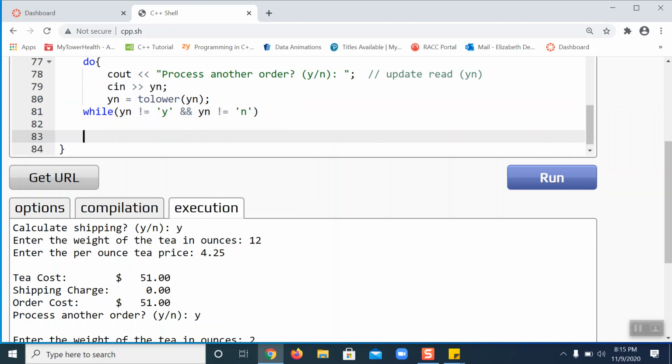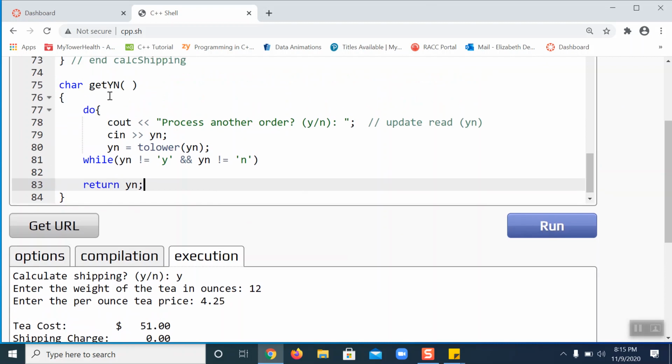At the end, I'm going to return that, because I've forgotten the other function. Okay. So if I look at this function,